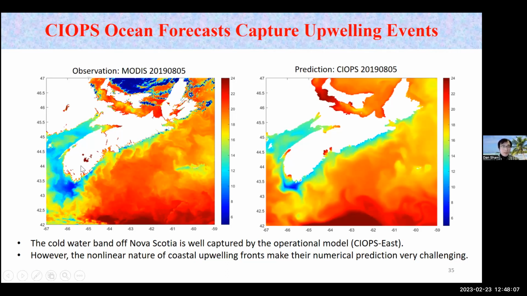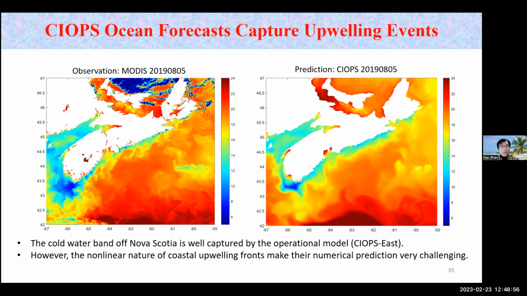If you focus on the south shore of Nova Scotia, you see this cold water band, and the model is able to capture the upwelling events quite well in terms of the colder temperature along the coast, and relatively warmer temperature in the 2 inlets, St. Margarets Bay and Mahone Bay. But if you look at the upwelling filaments, they are slightly different from the operational model predictions. This is due to the nonlinear nature of coastal upwelling filaments or coastal upwelling fronts, and that makes their